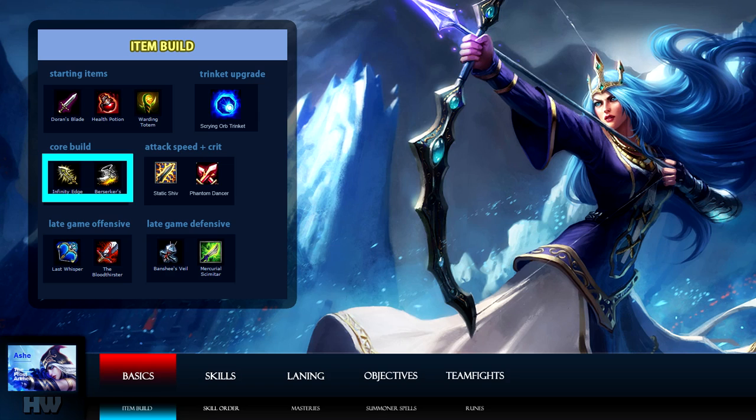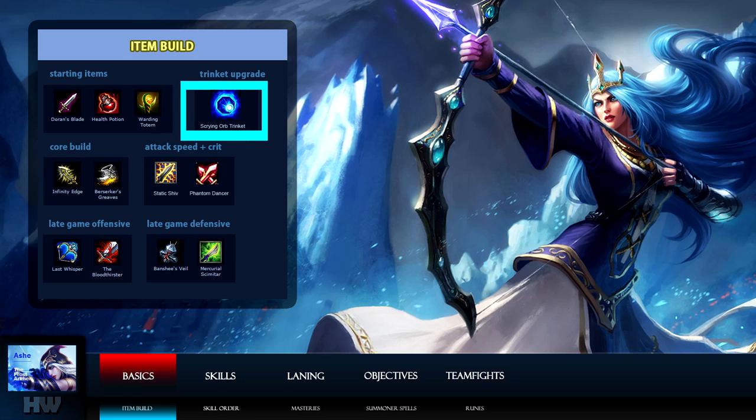Typically you want to stay in lane as long as you can until you have just enough gold to purchase it. From here, you want to make that BF Sword into an Infinity Edge. Now once you grab your IE, you definitely want your Zerks and Zeal. Additionally, on the second buy, this is when it's most popular for Ashe mains to replace their warding totem for